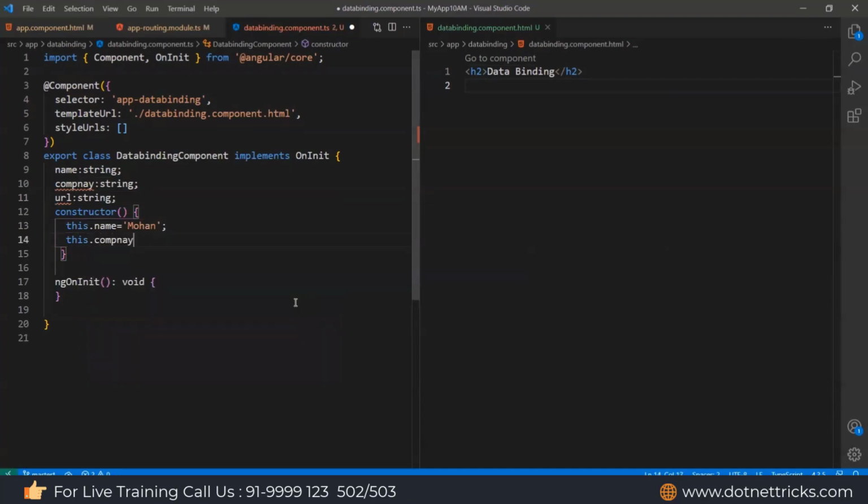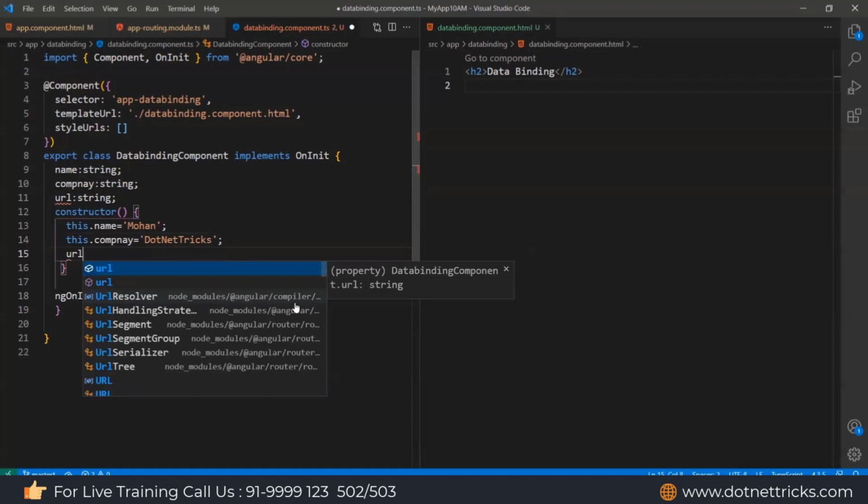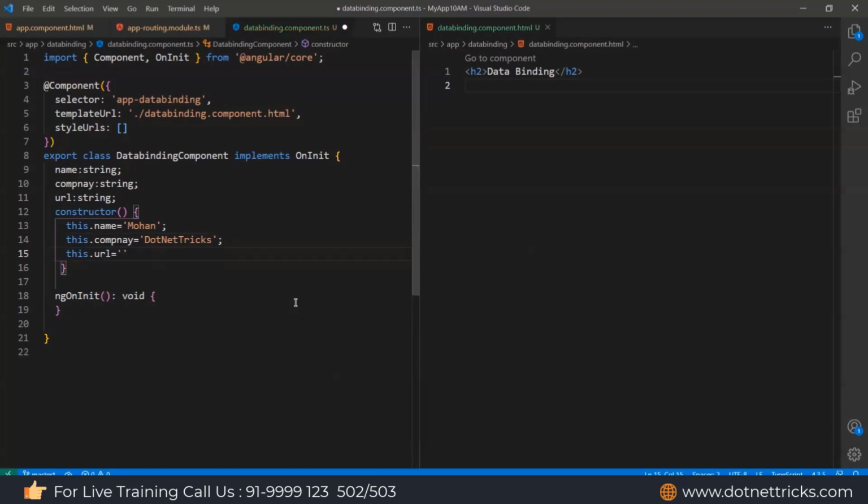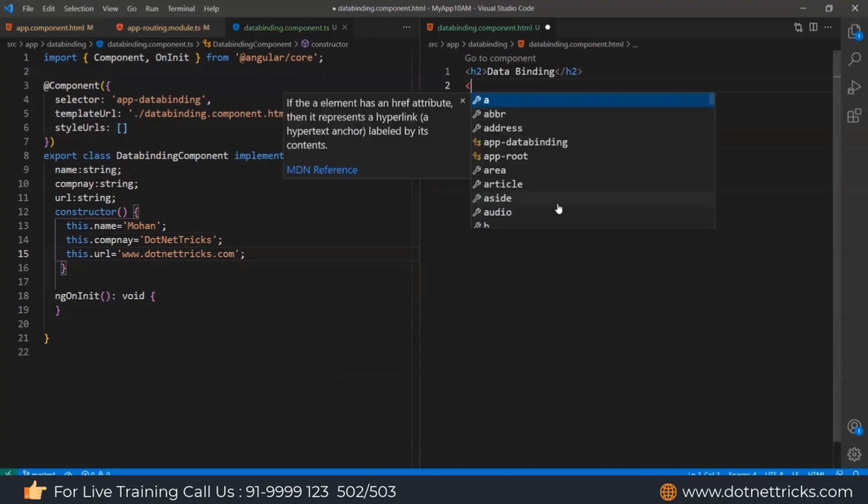For company, I'm adding, let's say, .NET Tricks. Then I have the URL, and as the URL I'm using www.nettricks.com.